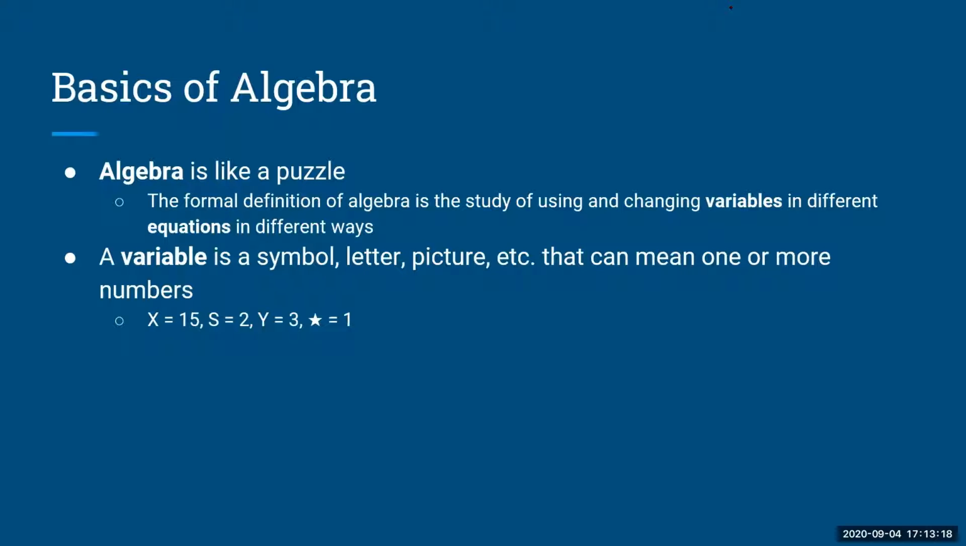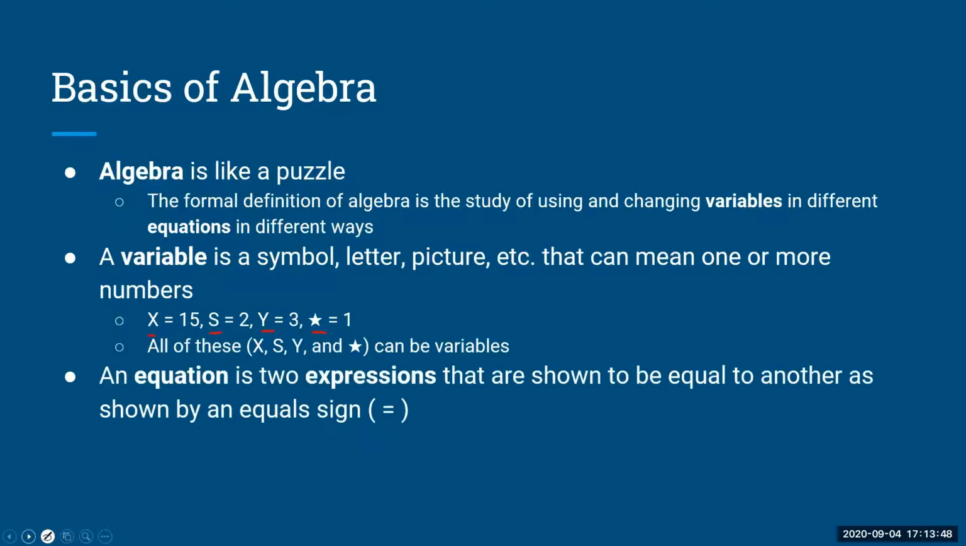Something that tortures kids. Okay, so x equals 15, s equals 2, y equals 3, and star equals 1. These are all perfectly valid variables. So x is a variable, s could be a variable, y could be a variable, star could be a variable. Your favorite subject is algebra. Algebra is not a subject. Okay, you're already learning algebra 1. I'm not gonna lie, I don't know what you guys are doing here because this is past that, but hey,